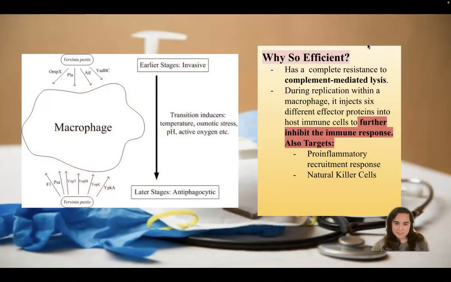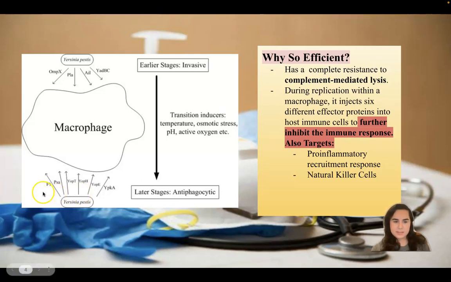Now, why is it so effective as a disease? The biggest feature, as previously mentioned, is its extremely fast incubation period. The fastest cases reported of incubating within host cells are 24 to 48 hours, so not even the full 3-day mark. And it has these really adaptive adhesive proteins that allow it to exhibit phagocytogenic adaptations,